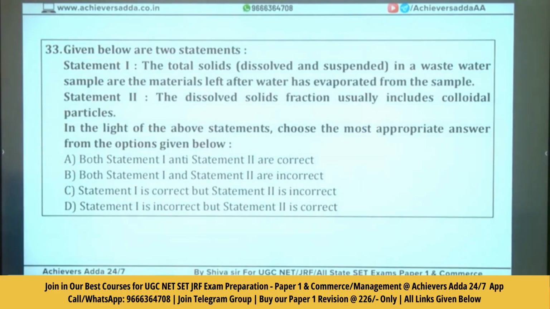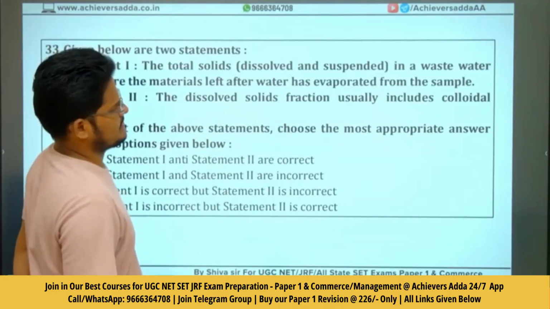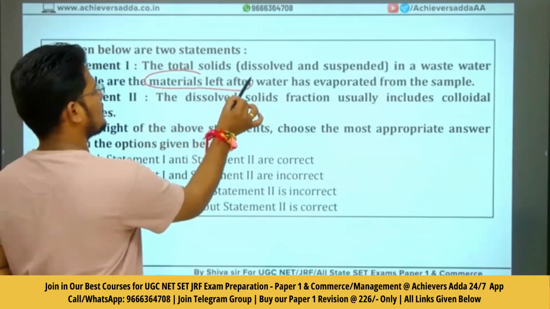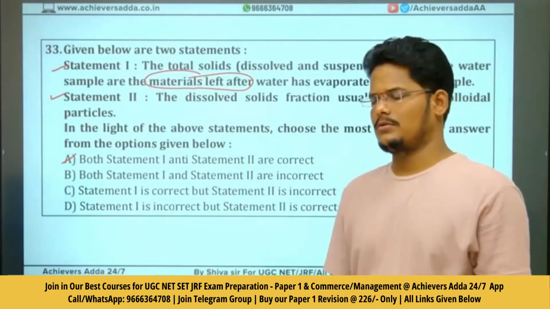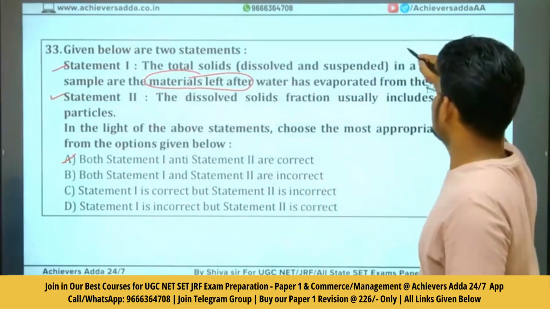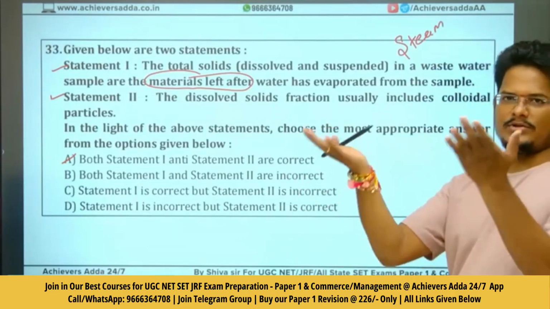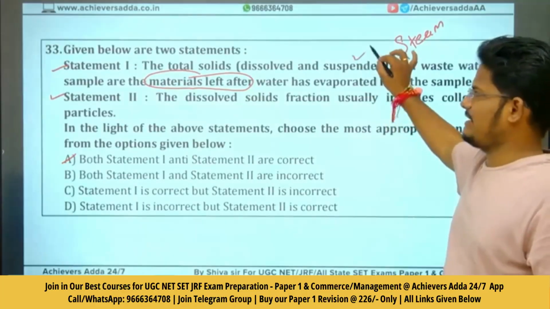Total solids dissolved and suspended in a wastewater sample are the materials left after water has evaporated from the sample. Both statements are correct, statement 1 and 2. Total dissolved solids or suspended solids in a wastewater sample are the materials that are left after water has evaporated from the sample. It's like steam, the same type. When water is evaporated in the form of steam into the air, then some particles which are left over are generally called suspended solid particles,